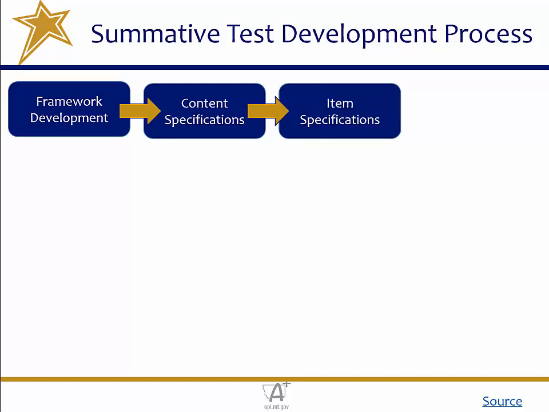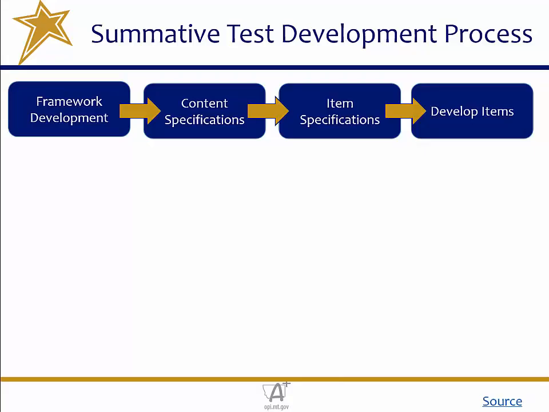The next aspect of the development process is the item specifications. For example, this document describes what item types will be created, what standards will be measured, including multi-part alignments, grade appropriateness, what rigor or range of rigor will be included, what allowable responses look like, and what evidence is required. Sometimes item specifications will include examples as a model for what assessing this information will look like through the use of an example item. After the item specifications have been written, item writers use the document to guide their development